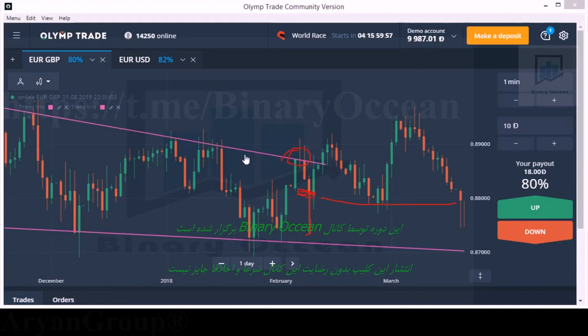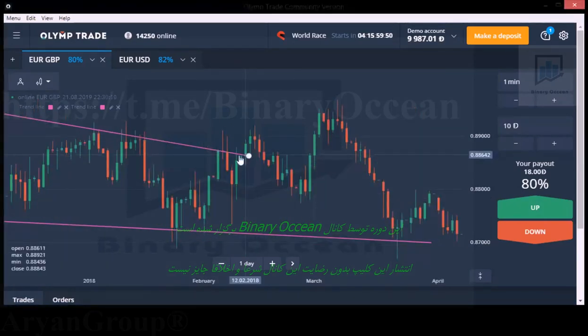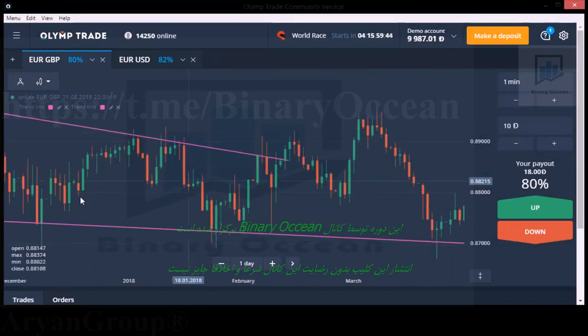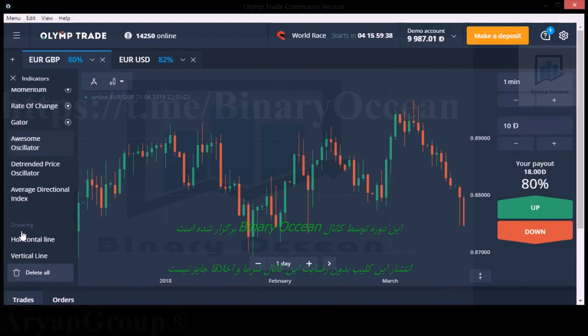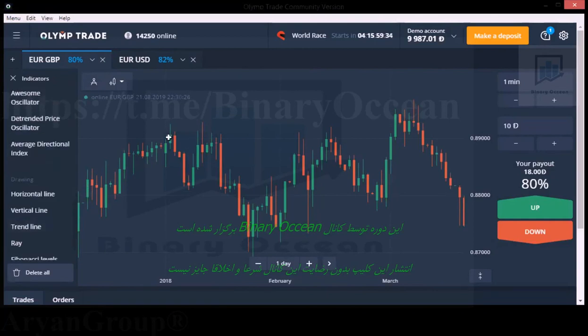So you can see now the seller changed their entry point from here to here. Now the sellers are here. We are seeing an uptrend in the market. So let's change the levels. Okay. Here the seller changed their entry point. So the sellers' entry points are here, and the buyers' entry points are here.